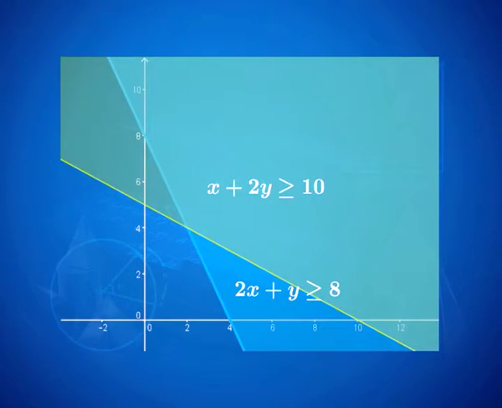Now, we plot these two graphs simultaneously on the graph paper. We observe that the overlapping region is A, B, C, D, E given by an unbounded region. Therefore, the feasible region is an unbounded solution to the given inequalities.